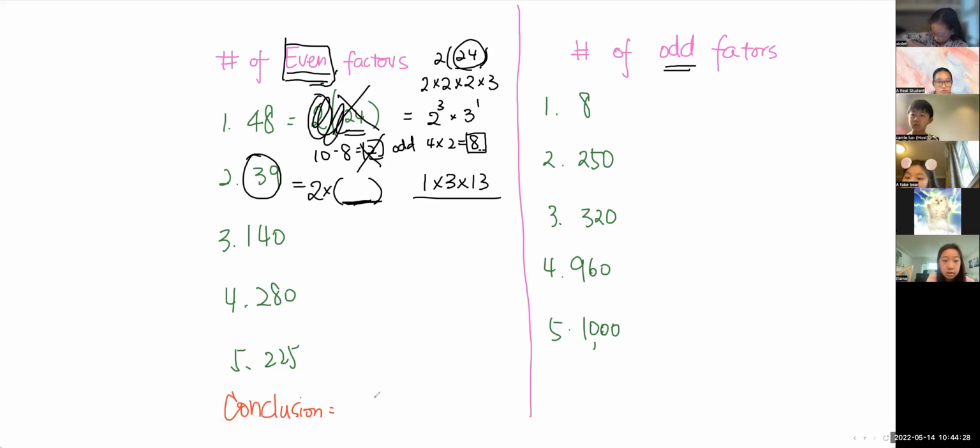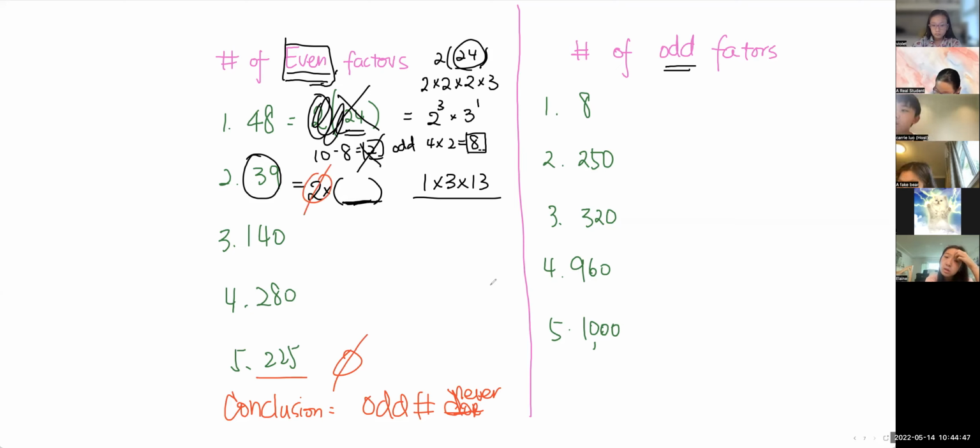What is a conclusion? Odd numbers never have even factors. Correct? So when we look at 225,